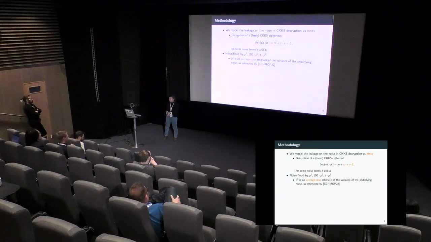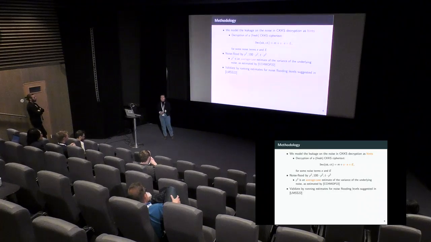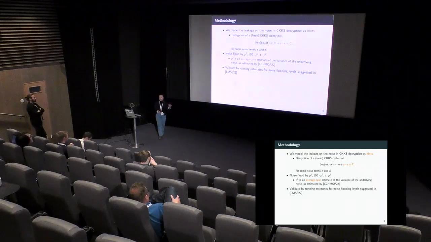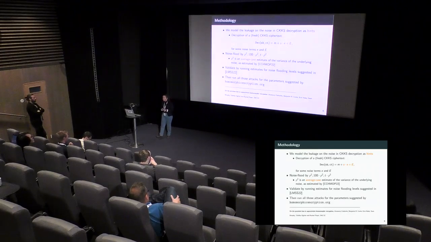We look at an intermediate value, 100 times rho squared, and then T times rho squared, where T is the number of decryption queries that the adversary gets to observe. We also validate our results by running the estimator for the noise flooding levels suggested in LMSS 22, so for the levels where you can prove security. And then we run all of these attacks for parameters suggested by